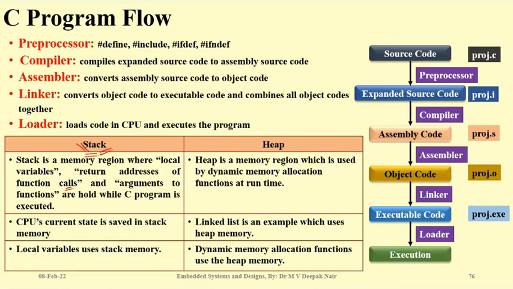We cannot grow the stack beyond that specified memory region, okay? And remember, this is very important. Stack memory is used for local variables. That means whenever you are writing a function, whichever variables are used in that function are stored in the stack. So they are local variables within that function. Whereas heap is used by dynamic memory allocation functions. So, being dynamic, we can change the size of the heap according to our requirement.